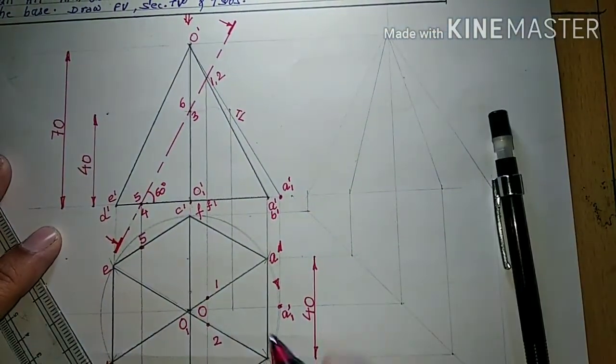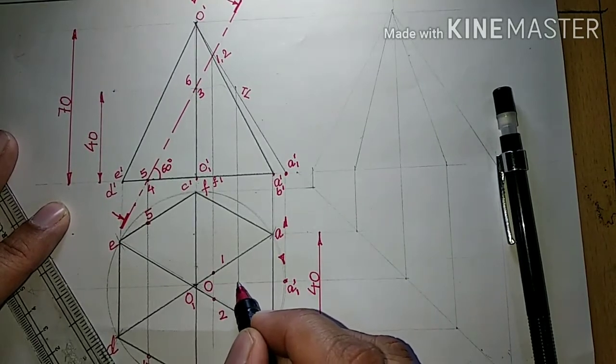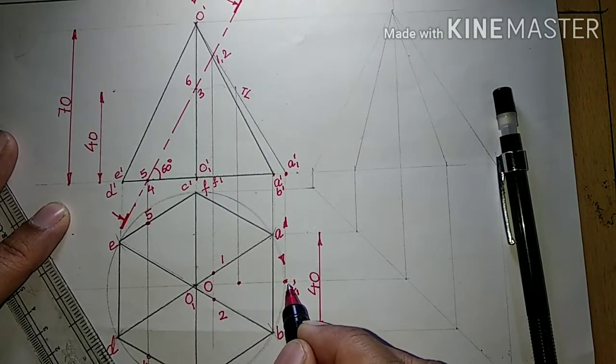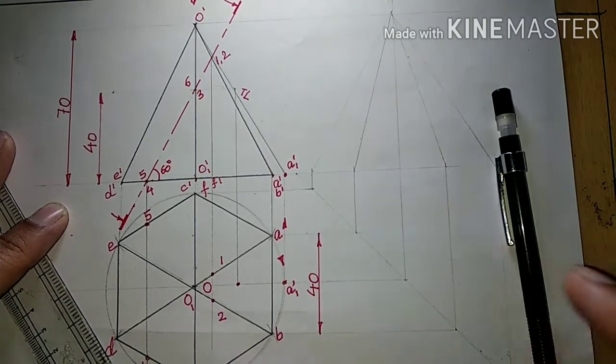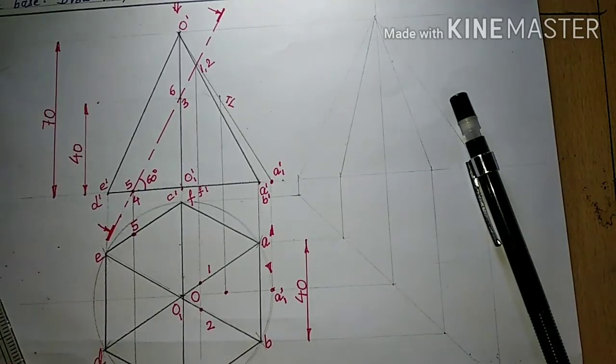on the plan lengths. Please see here, please make a note. I transferred on OA1 dash. This I got by rotating A. From here, I will again rotate this point